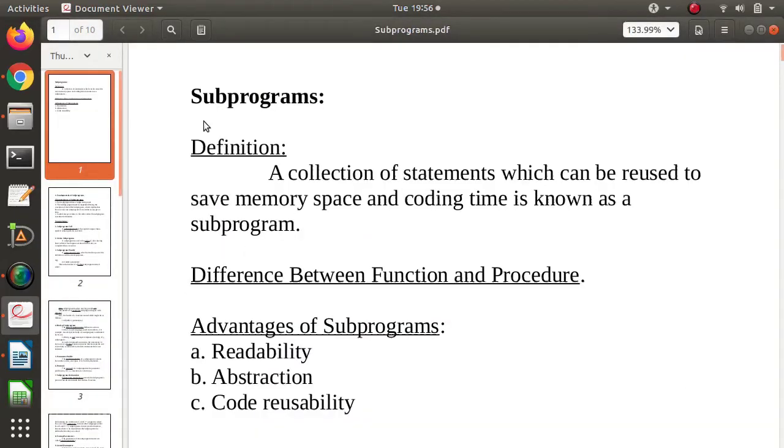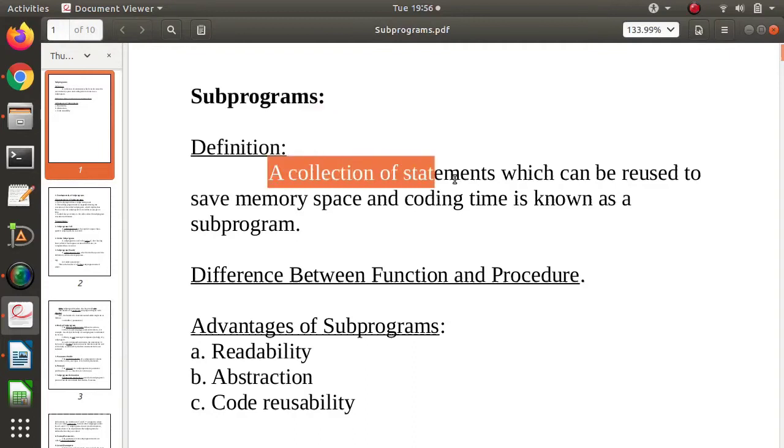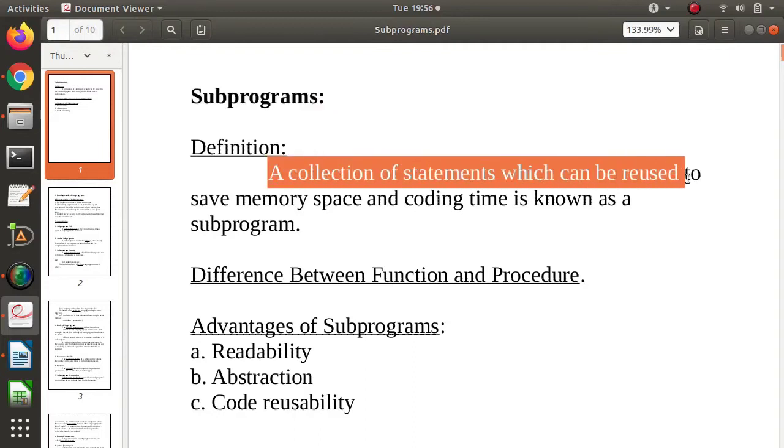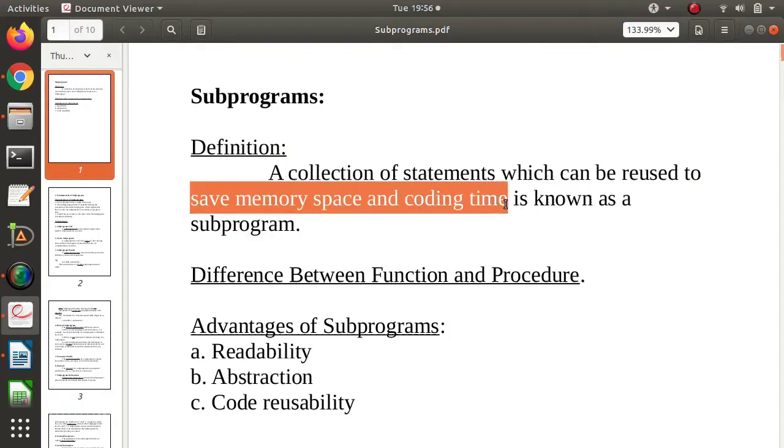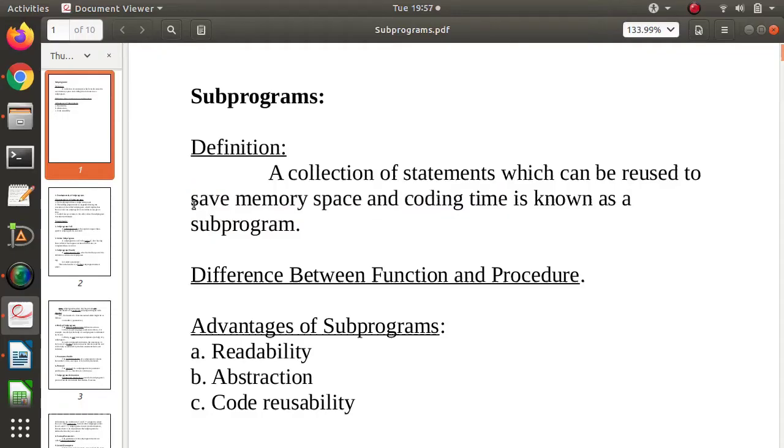So, how can we define subprograms? A collection of statements which can be reused to save memory space and coding time is known as a subprogram. Now, see how we can save memory space. When a program is run, that program is saved into memory.